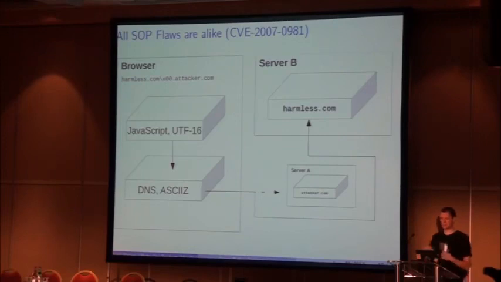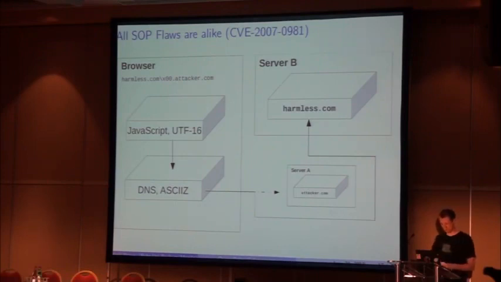And it kind of looks like a prefix of attacker.com, so it should be kind of fine. But then in the underlying layer, when there's DNS queries happening and the whole HTTP thing, it's actually coded in C. So it uses zero-terminated ASCII strings, and the null byte just means the string ends, and harmless.com is resolved. That means instead of going to attacker.com, the other server is involved and you're kind of already bypassing